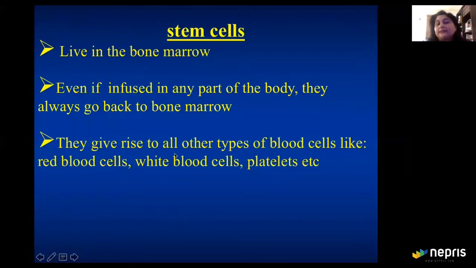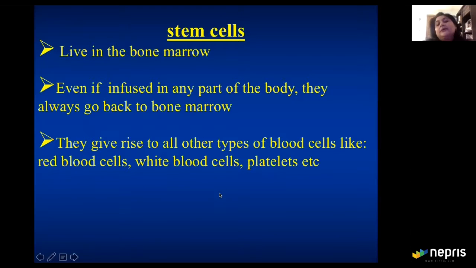The second thing is that the stem cells give rise to all other cells in the body, like red blood cells, white blood cells, and all the cells in the body have a lifetime. For example, red blood cells only live for 120 days, which is about 4 months, right? So every 4 months, our bodies get new red blood cells, which we never come to know because the body takes care of it. The bone marrow knows 4 months are coming up, it's going to make new stem cells, and it's going to mature the stem cells, and they will